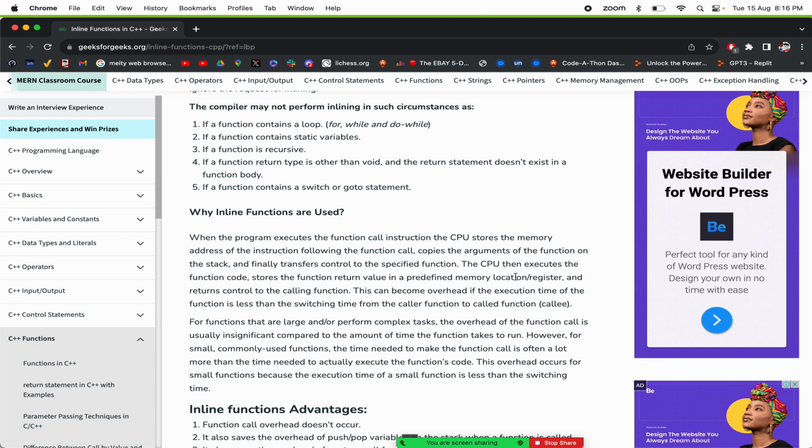So it will be stored in a memory location or register, any memory location or register where your variables are also stored, and it returns control to the calling function. So if you are calling the function x from the main function, then the control will be returned to that